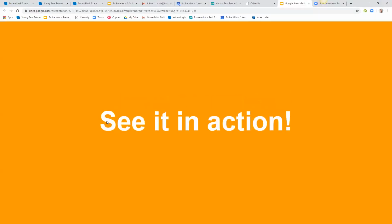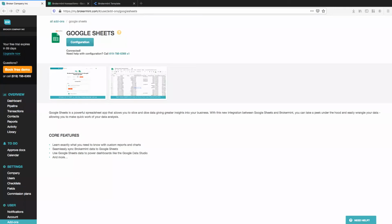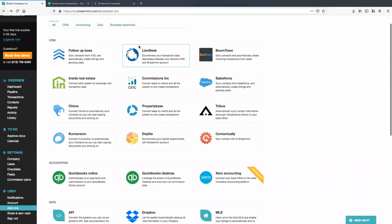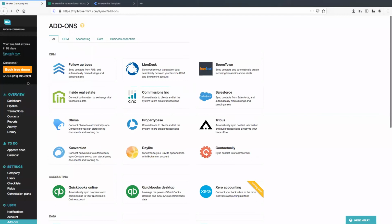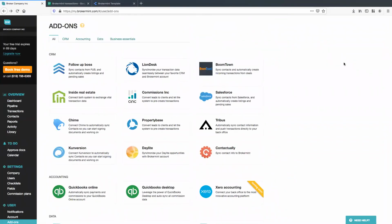And so with that, I would love to go ahead and show you guys real quick what it means to set up with API Nation. Super fast and easy. Right here, I've got Brokermint set up on my screen. So if you're in your Brokermint account and on the left-hand side, you go to the Add-Ons section, you'll be able to see all of these fantastic integrations that Brokermint is set up for